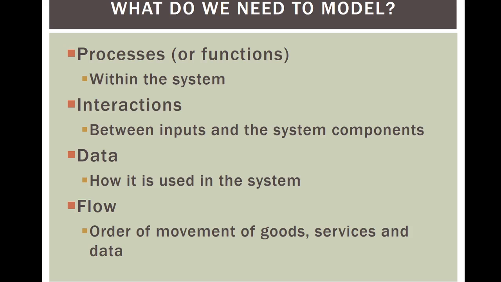So these are some of the things that we will actually model. All right, and so processes or functions, as I said in the initial class, the basic definition of a system is that you have some type of input that goes into the system, some kinds of processes happen, otherwise known as functions, and then the input was changed in some way and is now an output. All right, and so models allow us to depict that, to graphically depict that,